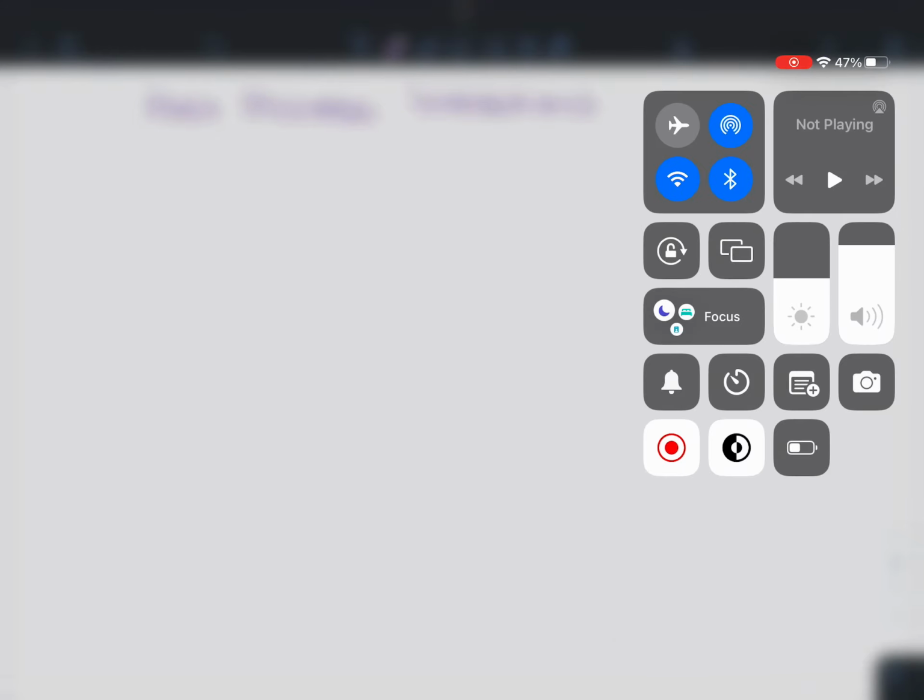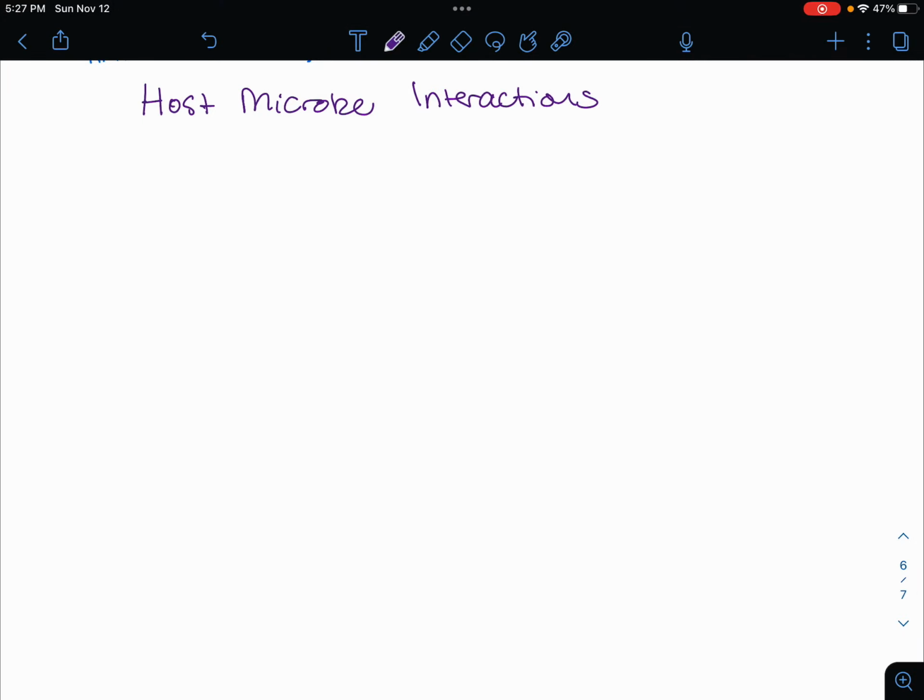Hello everyone, so in this set of notes for Microbio from my class, we're going to be looking at the host-microbe interactions. So we're going to look at pathogenesis and then also the relationships between different microbes and us, because they're not all bad ones. Not all bacteria can cause disease. There are a lot of beneficial bacteria. Some of them we'll be going over today, as well as the history of host microbe interaction as well.